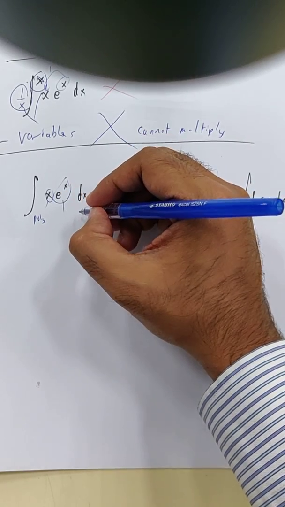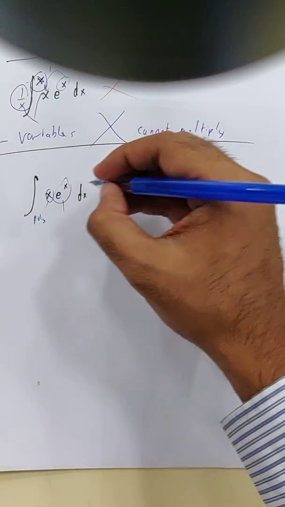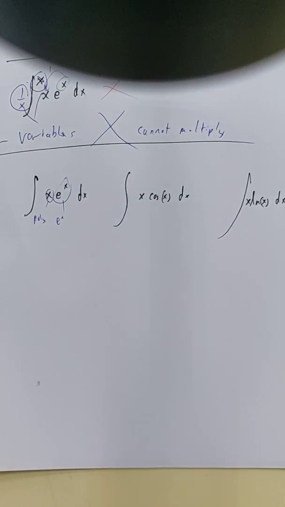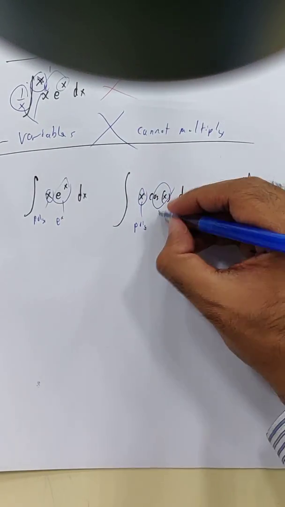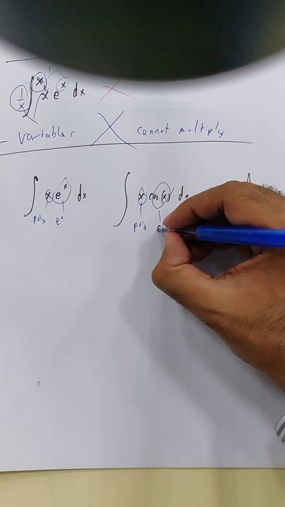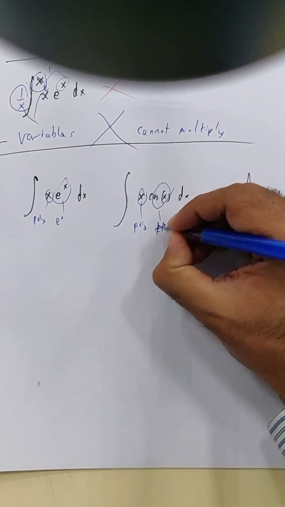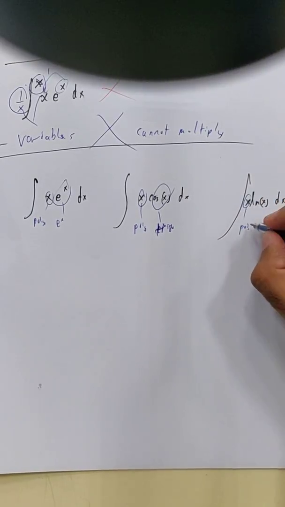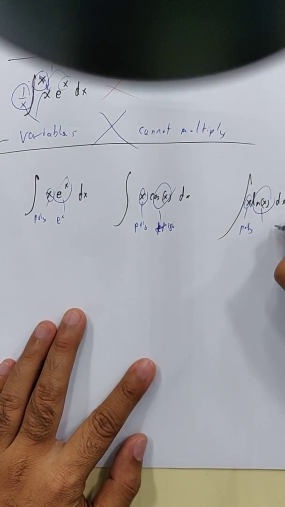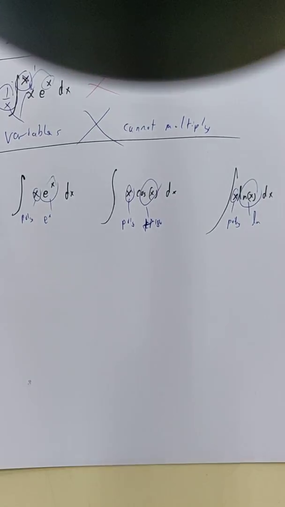And this is an exponent. This is poly. This is trigo. This is poly. And this is ln. So in a way, I can say we use integration by parts when we have